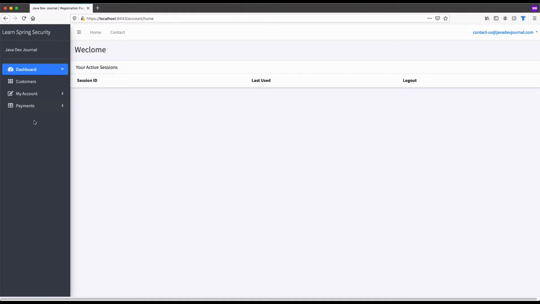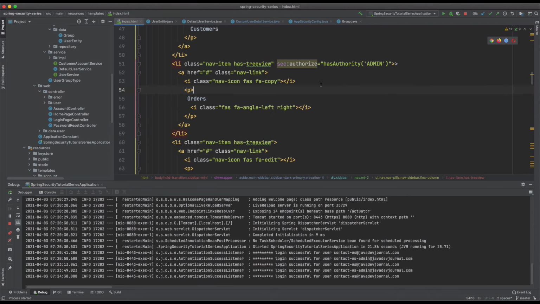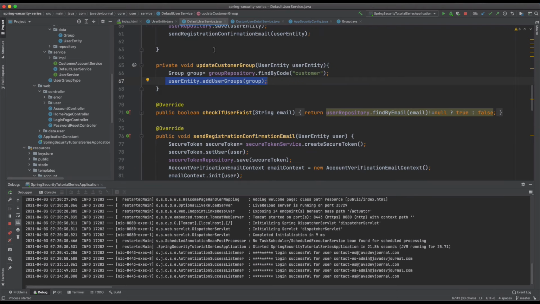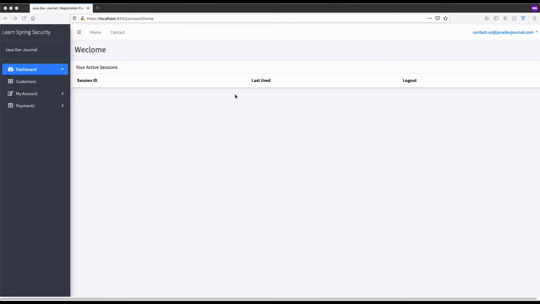Now, this is just a very simplistic example, but you can keep on building based upon different rules, and this is a very common kind of requirement, where within an application, based upon your profile, you may want to show certain information. You may want to show certain links, and other links will not be visible to the customers. Similarly, this can be easily controlled using hasAuthority and the roles we are automatically building through our default user service.